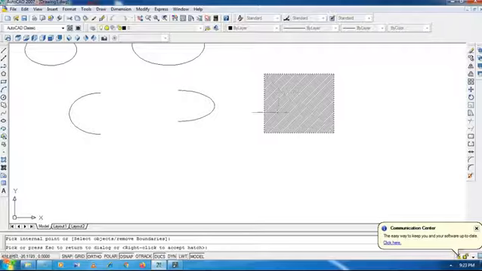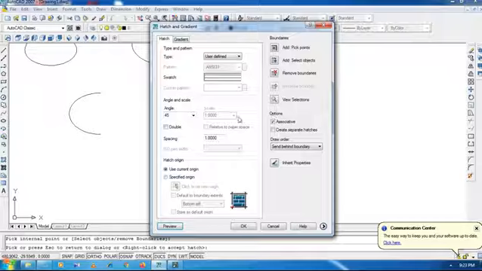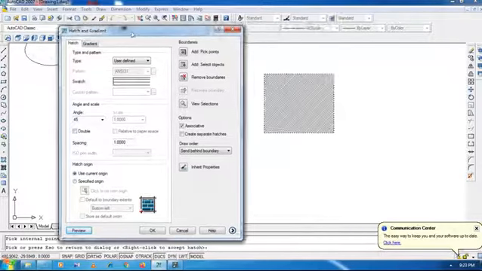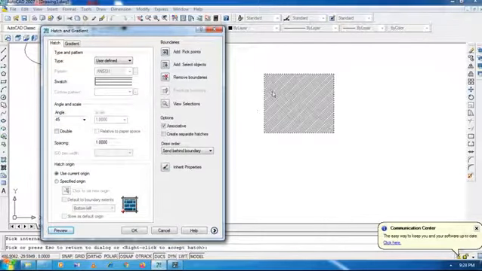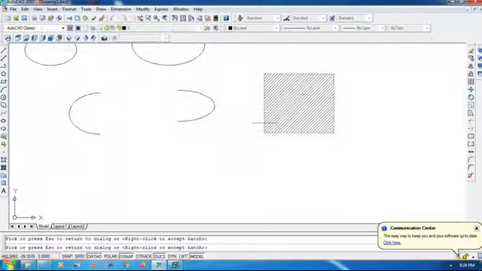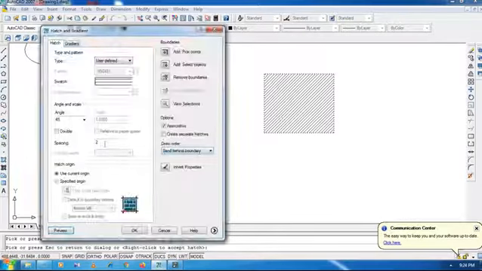Then you can also see the preview. If you want to change the appearance, because the lines we have drawn are very close, they are not properly visible. So we can change the spacing. I'm going to enter 2. Check the preview. Now somewhat visible.